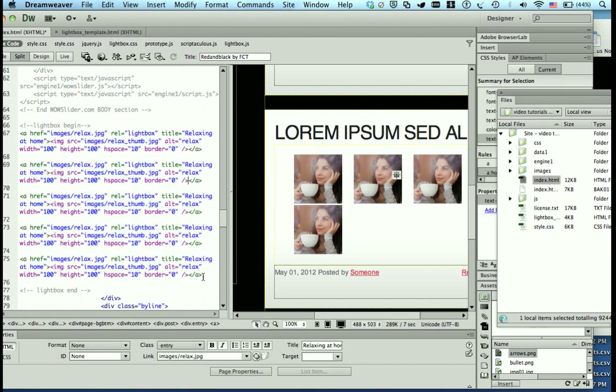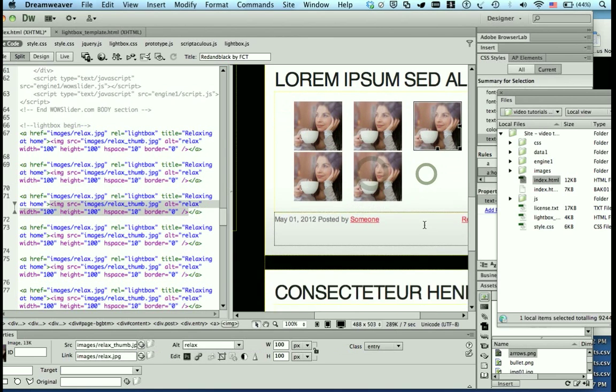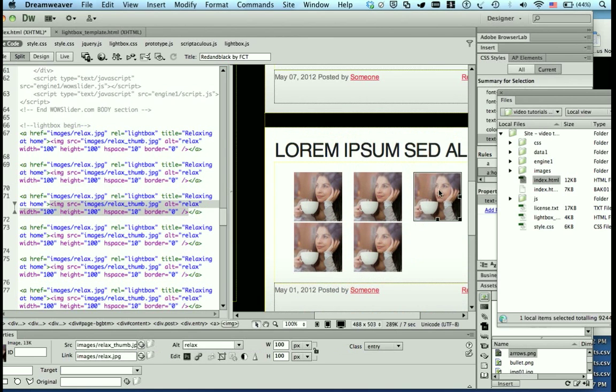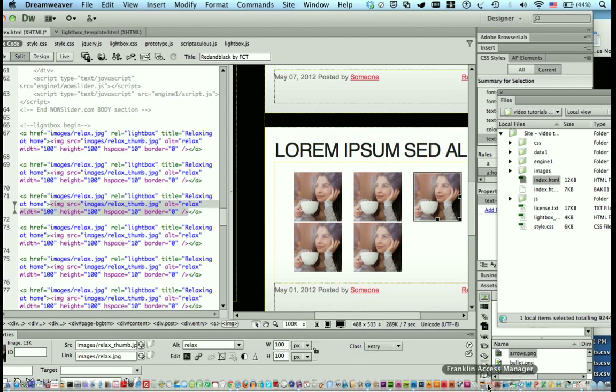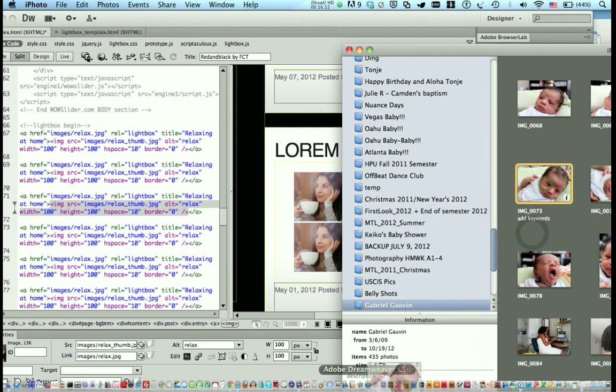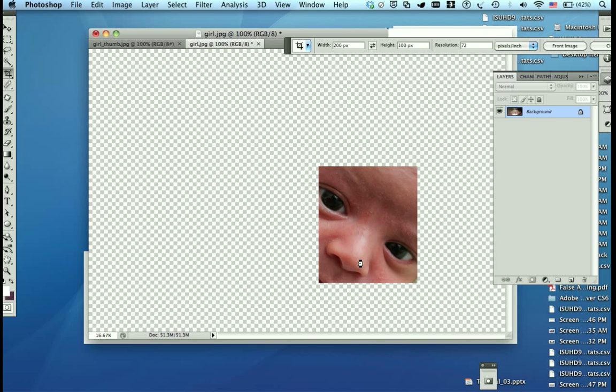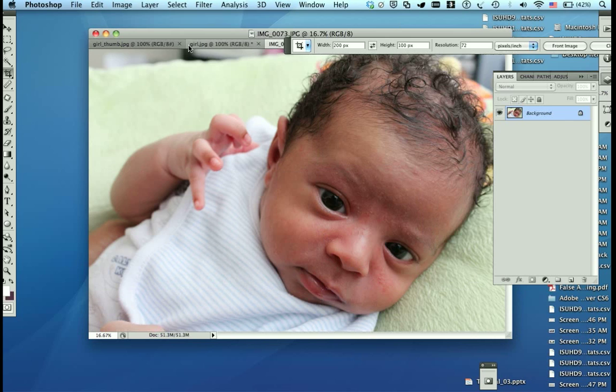I just have the exact same picture for now, but I can then go back and replace the picture with my own picture, my own thumbnail. So let me just grab a photo. Grab one of my little boy. Okay, so I'm going to go into Photoshop, take this picture. This is one of my own pictures that I will then crop and resize to what it needs to be. So here I will